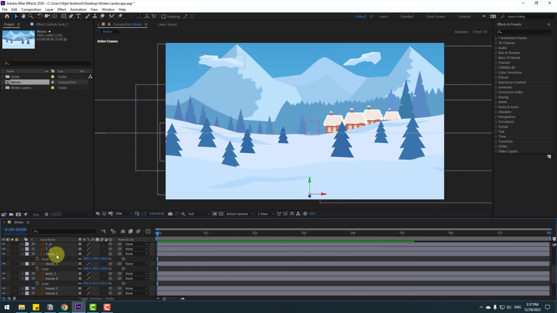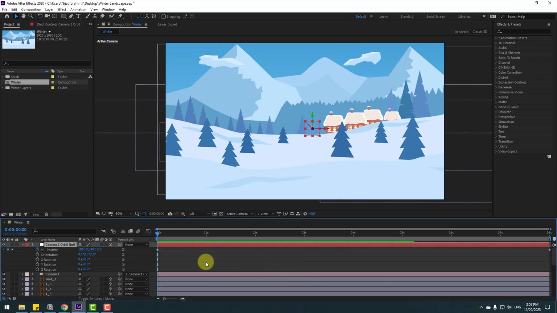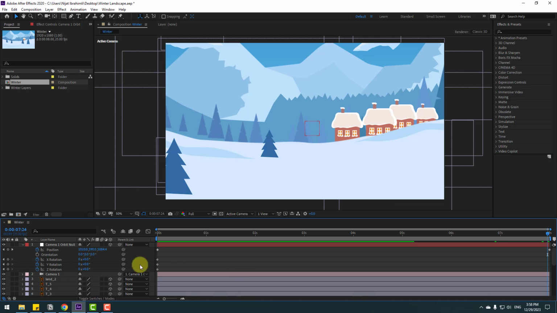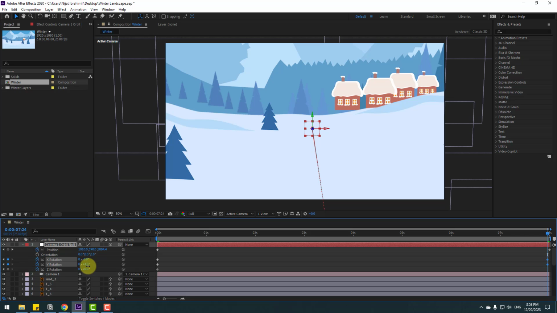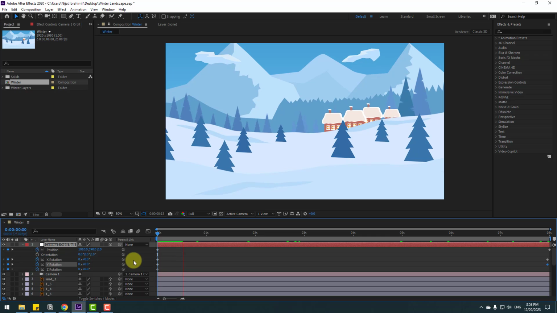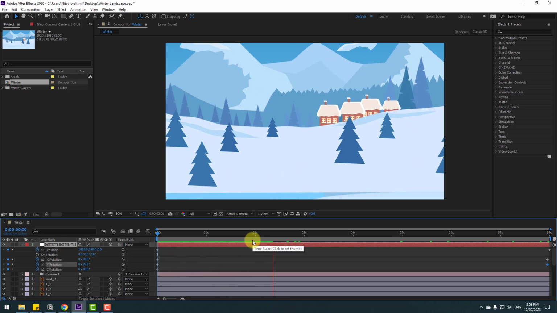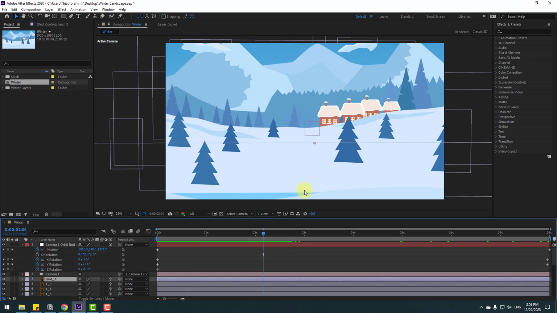So for realistic camera movements, let's select this camera tool and hold Shift, press R, open rotation. And let's make X, Y and Z rotation keyframes. Go to last second and change rotation like this. And a little bit change rotation for realistic camera animation. Okay, not bad, but we have a problem again with this land 2 layer, and select this land 2 layer and move